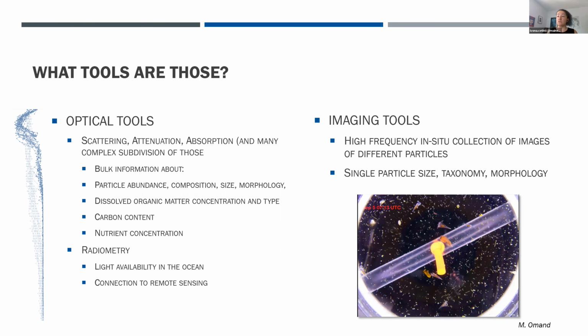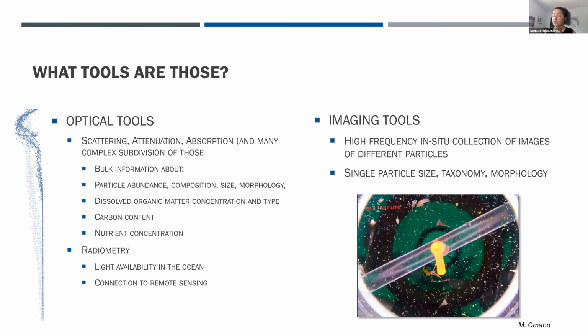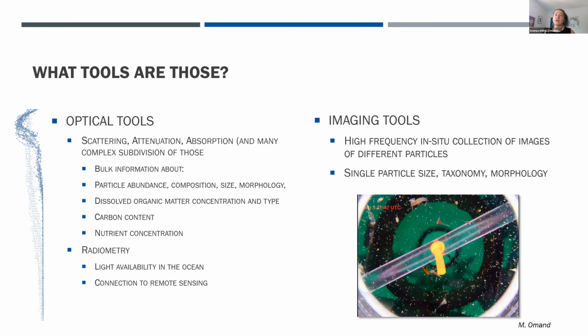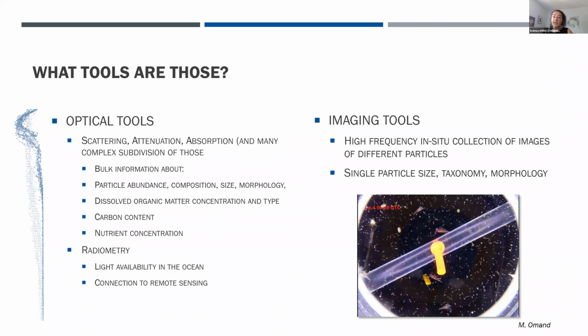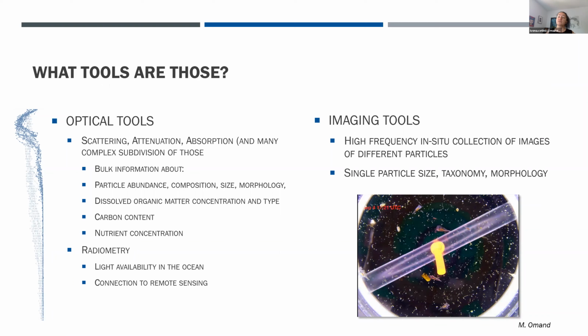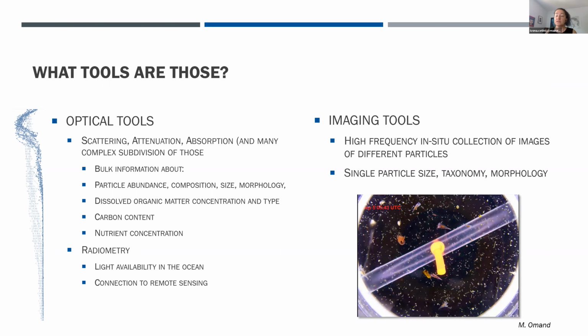They take the information that is important and increase its frequency, either directly, as imaging tools do, and they offer us single particle information about the particle size, taxonomy, morphology, or through combining physical measurements of the properties of the light with the biogeochemical measurements in order to develop proxies that can then be extrapolated to time and space. These optical tools are usually the ones that we refer to as inherent optical properties, and they